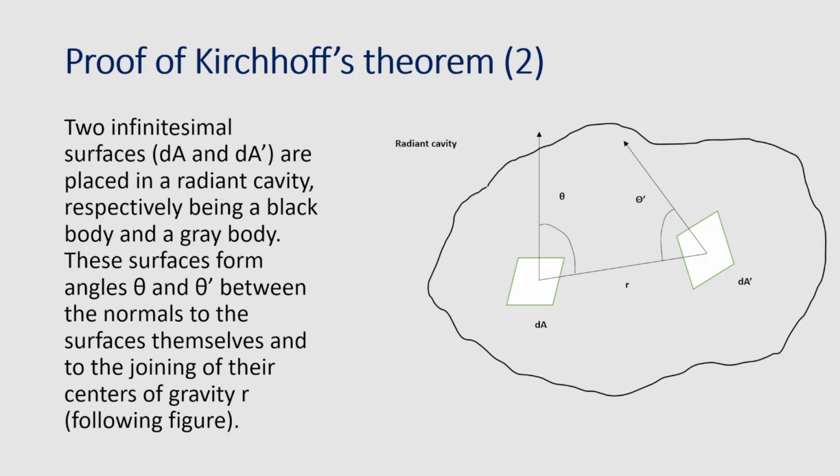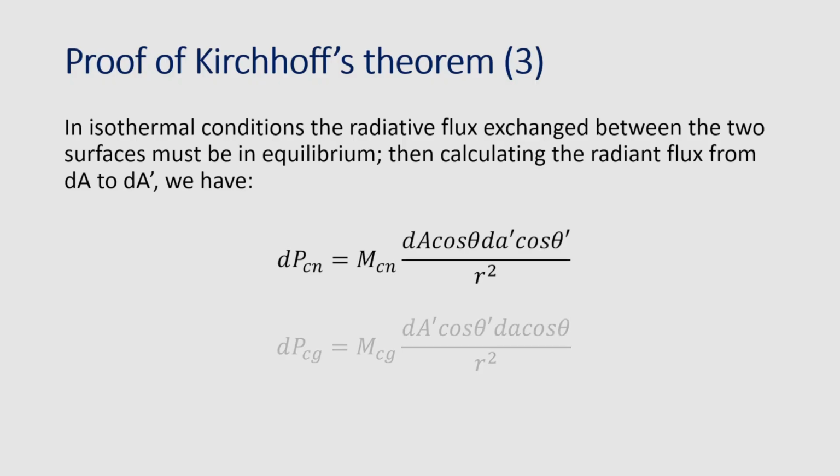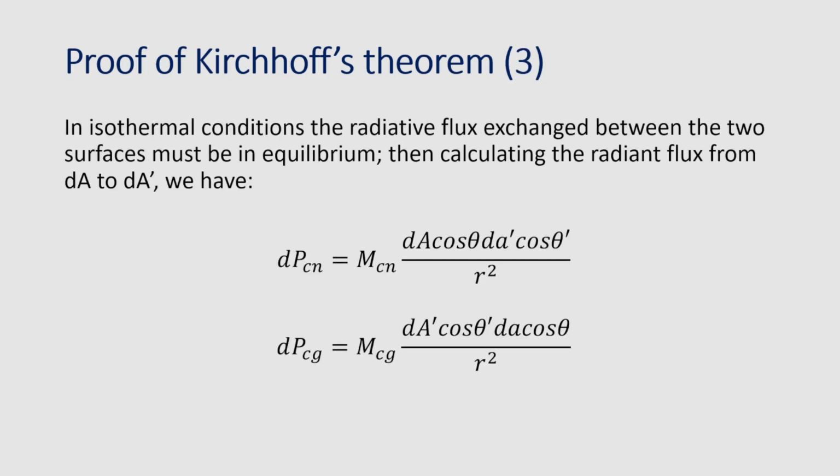These surfaces form angles theta and theta' between the normals to the surfaces and the line r joining their centers of gravity, as in the following figure. Proof of Kirchhoff's theorem, 3. In isothermal conditions the radiative flux exchanged between the two surfaces must be in equilibrium. Then, calculating the radiant flux from dA to dA', we have